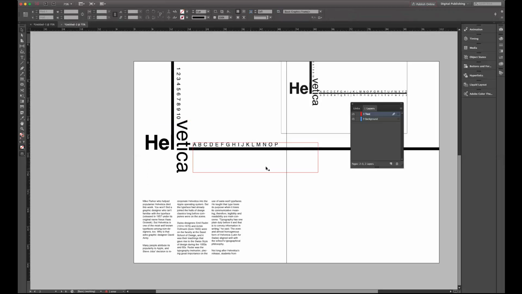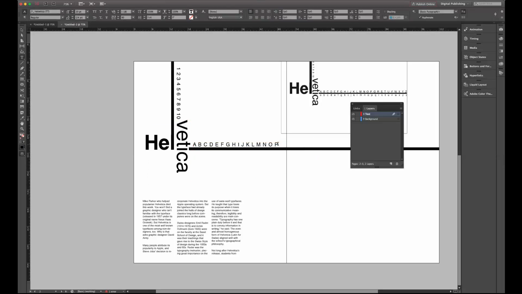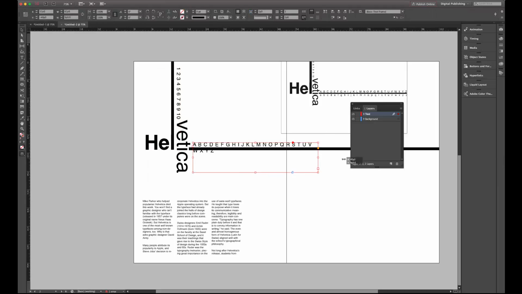So you get the idea with the design. There you go. So this is the artwork, I guess you could say, for the layout.